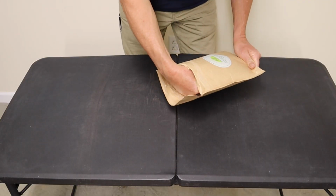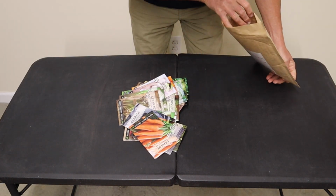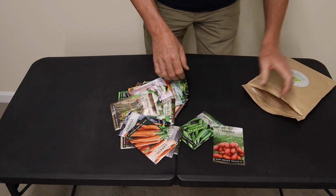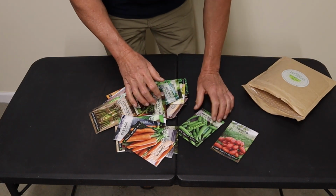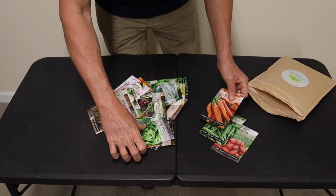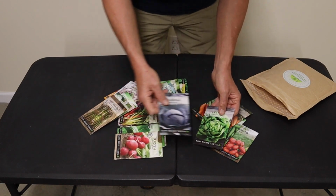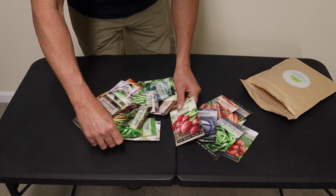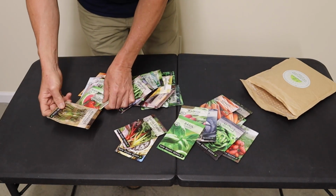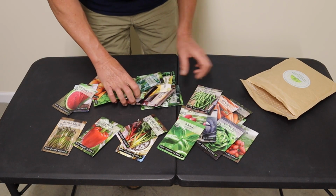Oh wow, there's a lot of seeds in here. Wow. This is amazing. Look at this, tomatoes, we got garden peas, carrots, we got two types of carrots here, lettuces, cabbage, radishes, basil, lima beans, Swiss chard, asparagus, peppers, watermelon, we got bush beans,